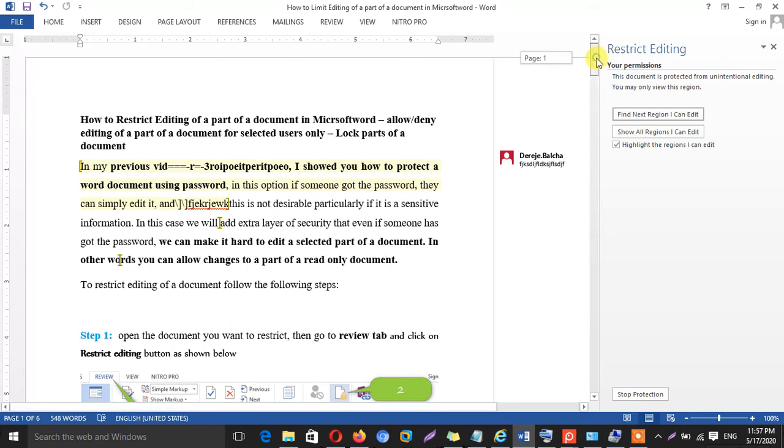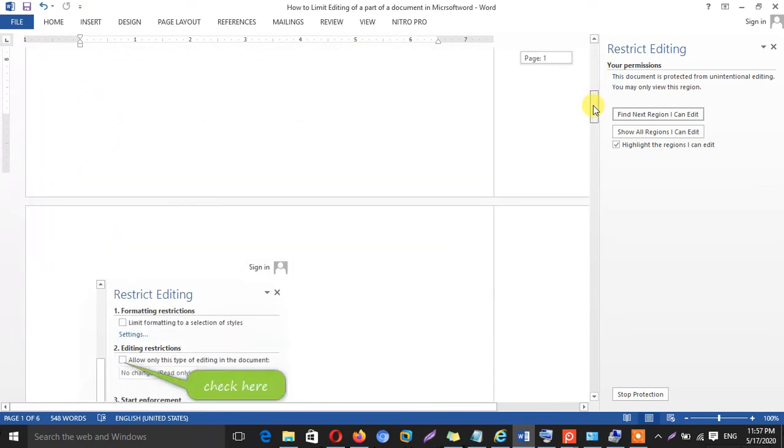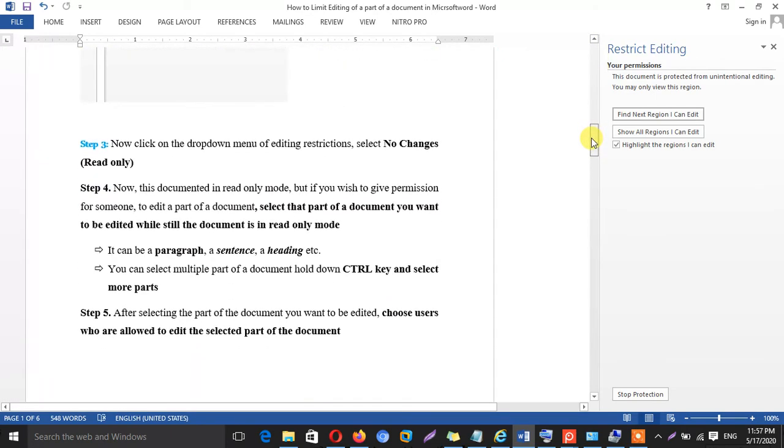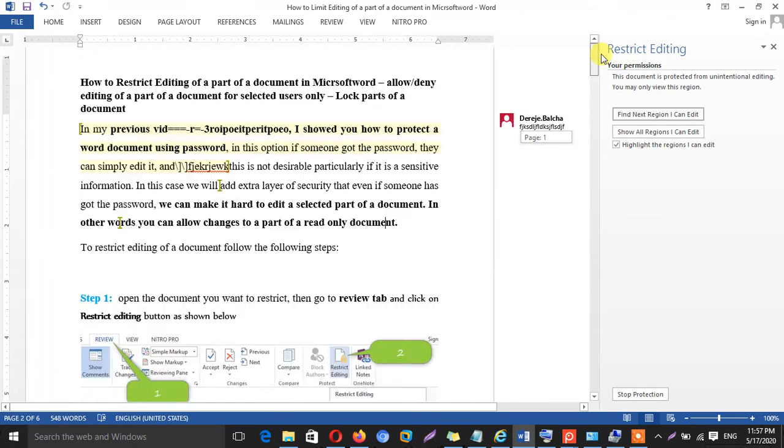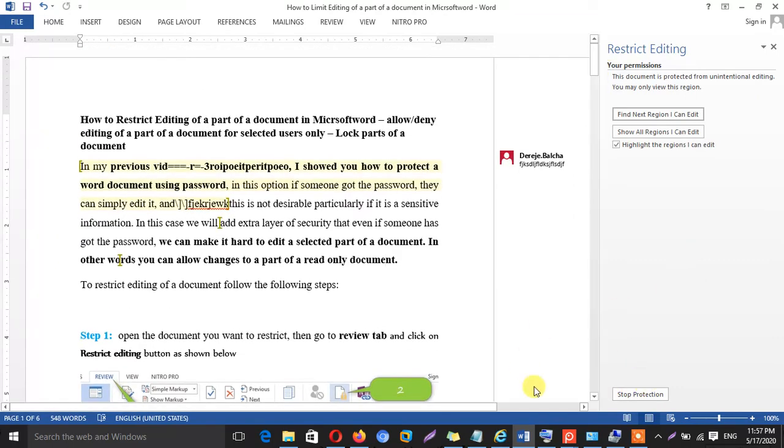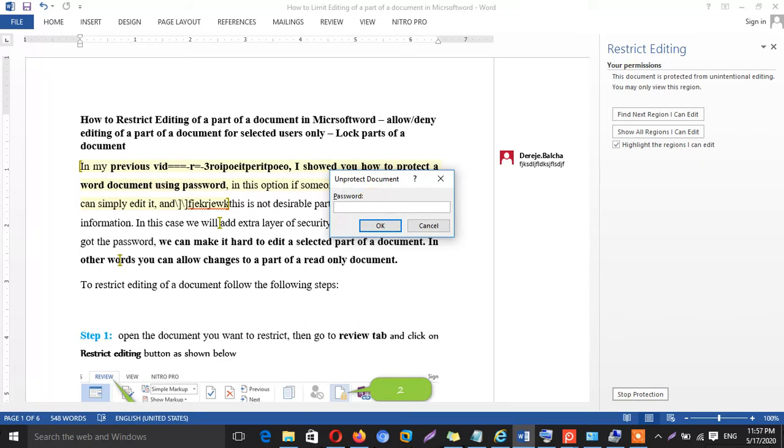So this way we can limit part of a document that people can modify as long as we have given this permission. So in order to clear this restriction, you need to have the password that you previously entered. So to clear the restrictions, just click stop and type the password.